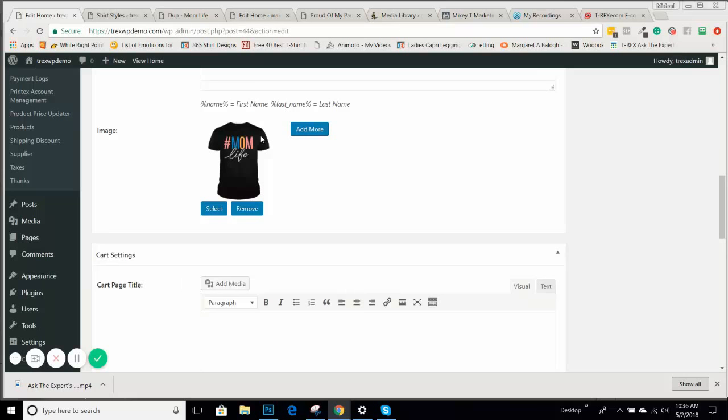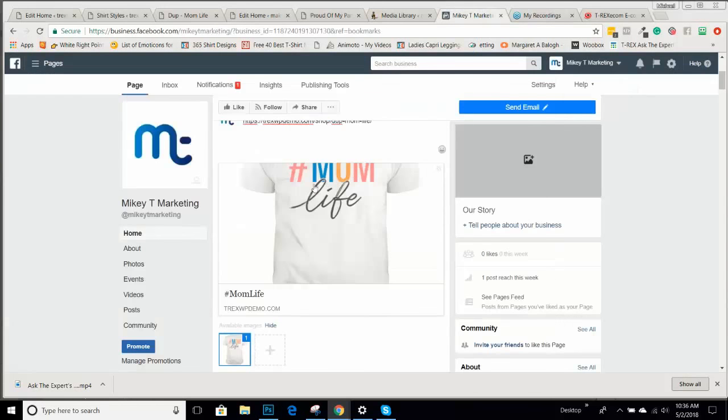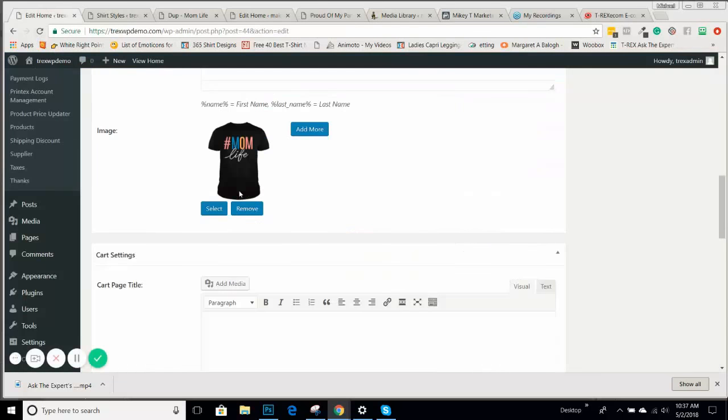But anyway, this is what I want to show you. This is something that you could do to prevent that. So it should be pulling up the black shirt, but it's cutting it off because it's a rectangle and we have a square uploaded. Okay. So what you want to do is actually create an image like this and save that to your computer and upload that image into your